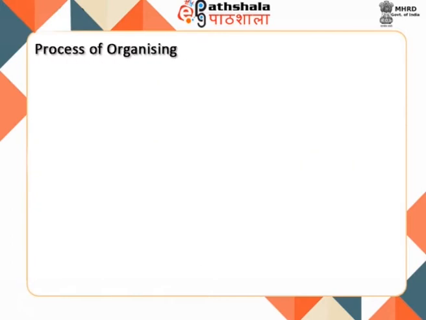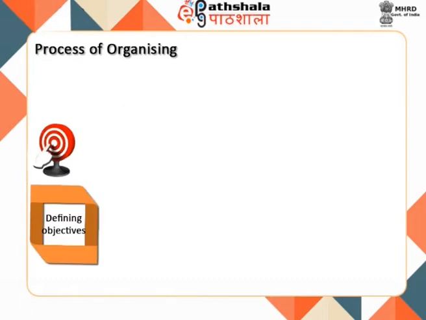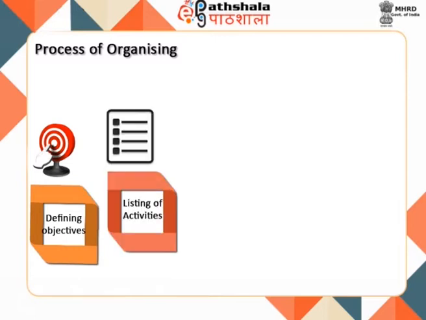For a complete understanding of organizing, it is very important to know how the process of organizing works. The various steps in this process are as follows. One, defining objectives. Objective is the basis for setting up an organization. Without objectives, there cannot be any thought of work or its grouping up or setting up the proposed organization. Second, listing of the activities. The total work is divided into various activities, departments, or functions such as sales, purchasing, production, personnel, etc.